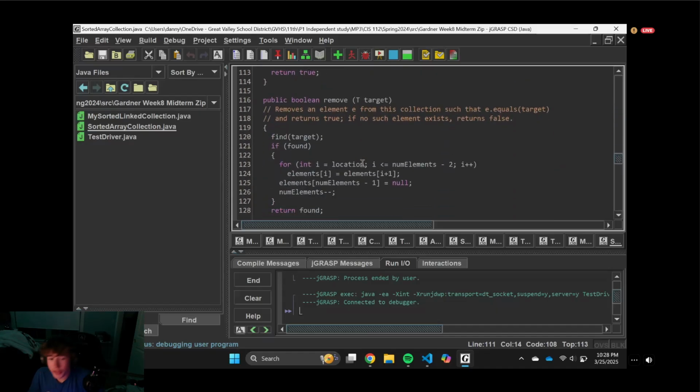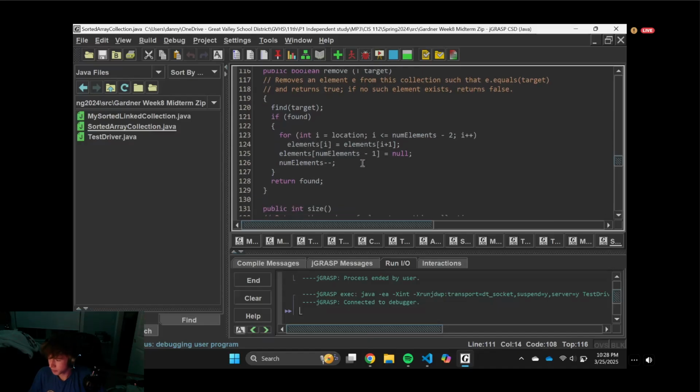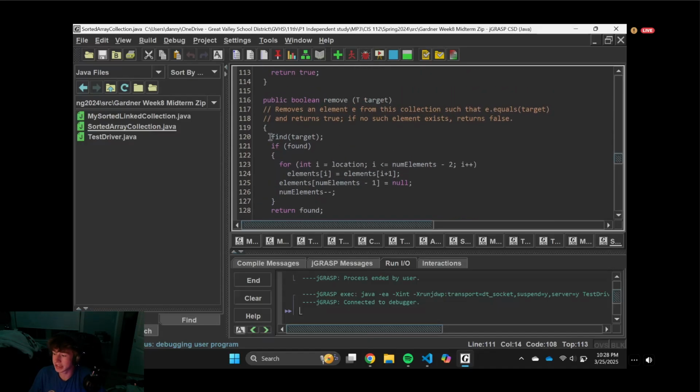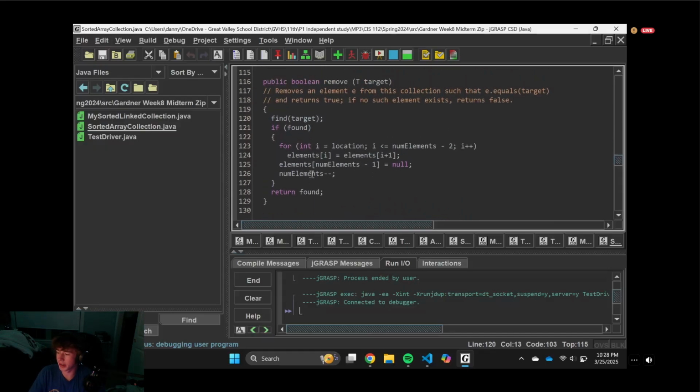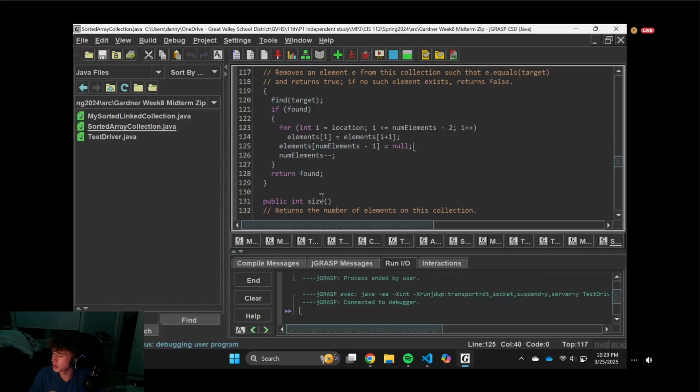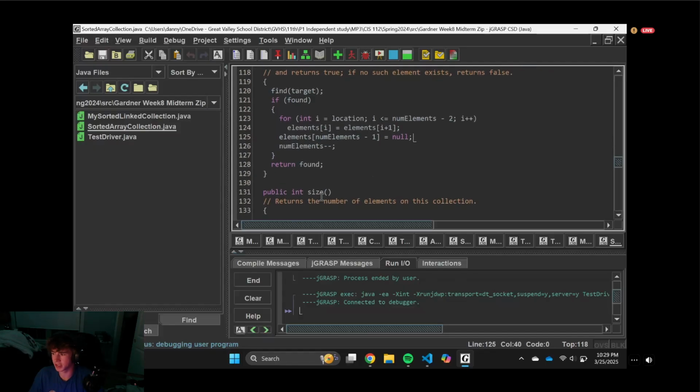So then to talk about the remove method in a sorted array, first it finds the element, then it checks if the element's found, which is what this tells you. You're going to iterate through the array, find the element that you're looking to remove, set it equal to null, and then subtract the number of elements. And this is O(n) complexity because you have to repopulate the array most of the time, which I don't think we actually do here, but in terms of the resizing and whatnot, it's going to end up being O(n)